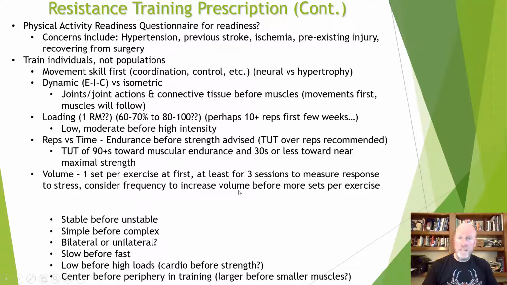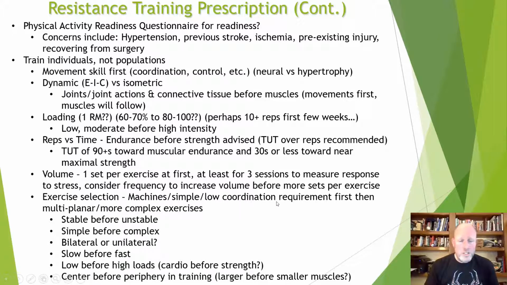Volume of work. 1 set per exercise should come first. Then for at least 3 sessions, probably before you ever consider adding a second set or more repeat sets, do the same thing. Then you consider adding more frequency before you increase volume, before you increase more sets per exercise. Exercise selection, machines or simple exercises with one joint action, low coordination type motions should be first